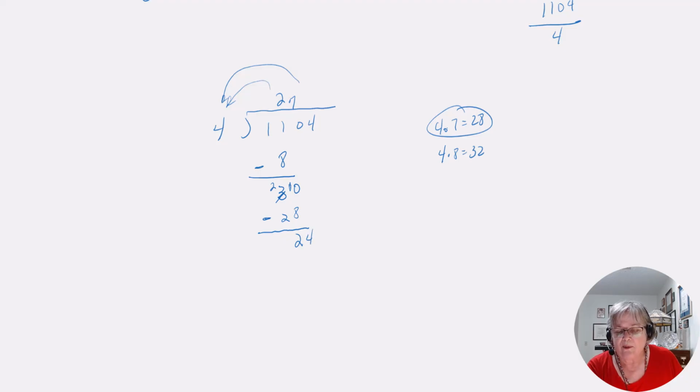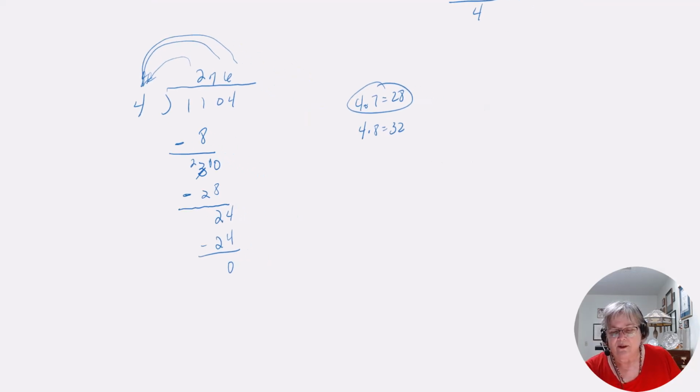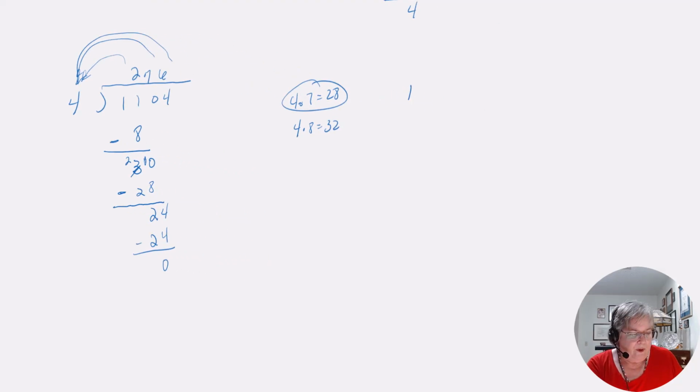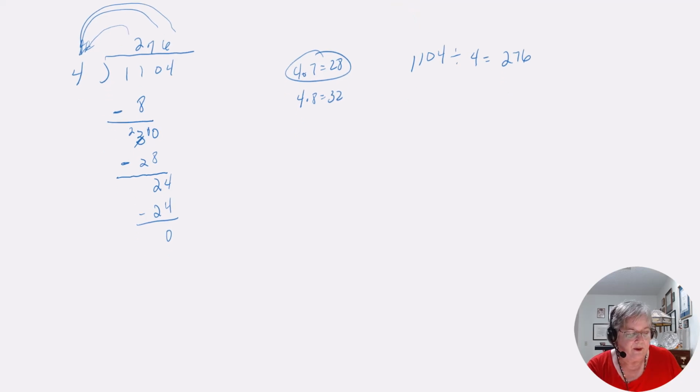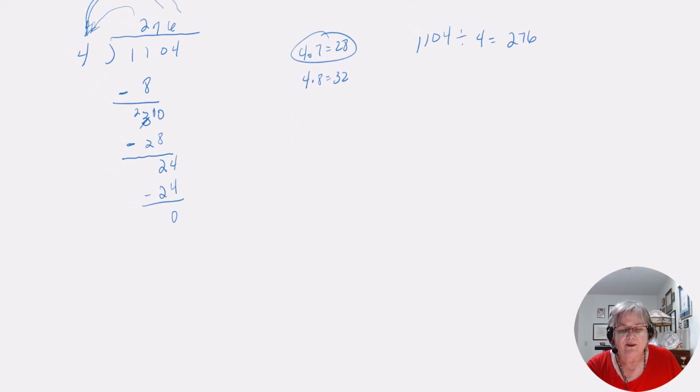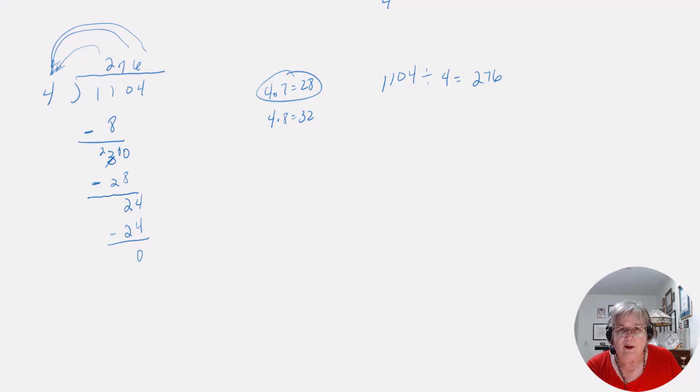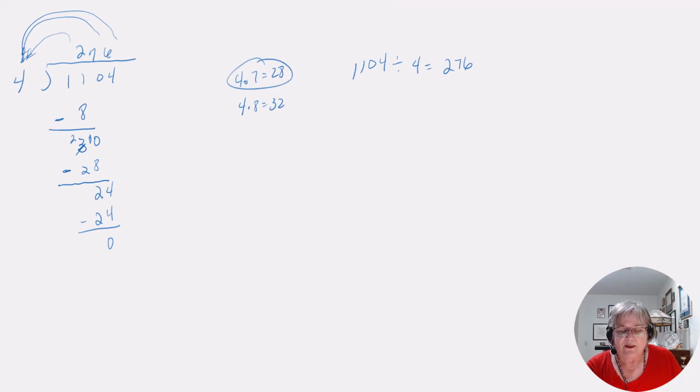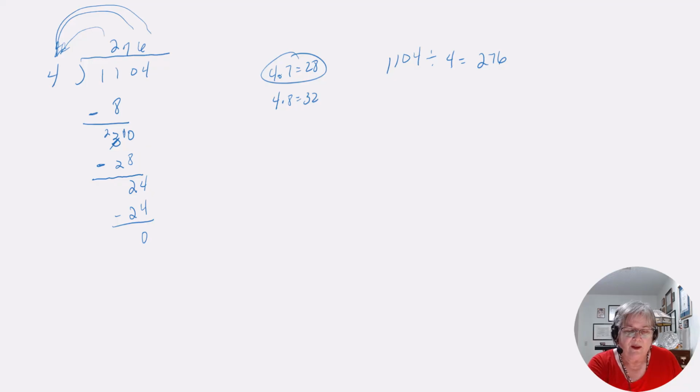What do you multiply 4 by to get 24? That would be 6. So 6 times 4 is 24. You subtract. And so the answer is 1,104 divided by 4 is 276, or the quotient of those two things is 276. Now, if this was a really important test and you had enough time to check your answers, you might want to ask, is it true that if I take 276 times 4,